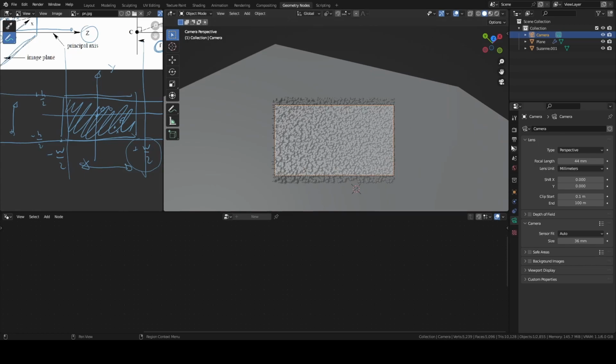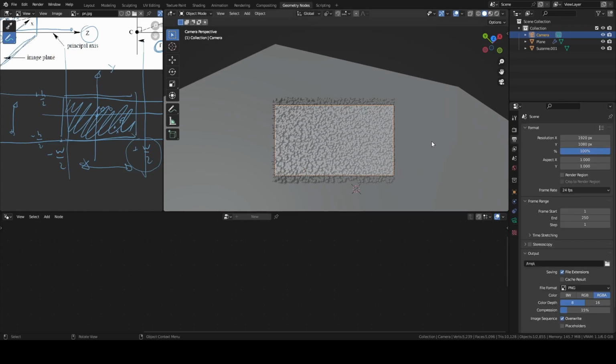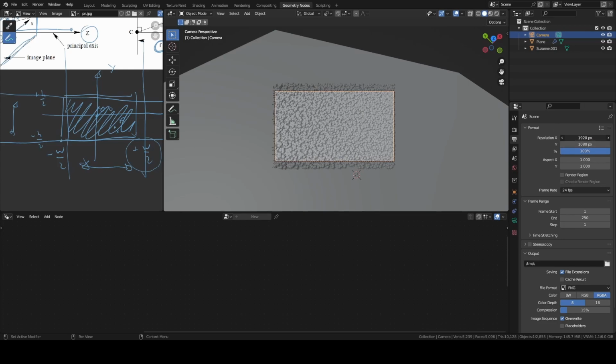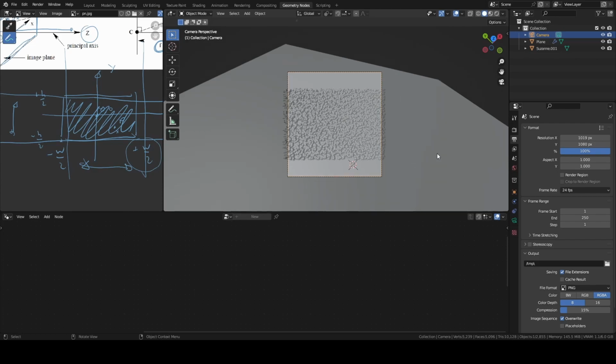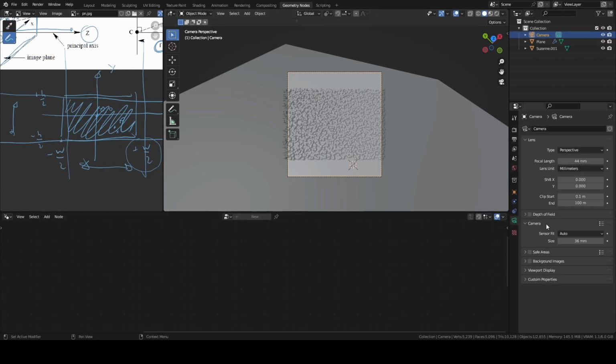My problem is that if I change the image resolution, this could happen. That the image area goes outside the zone where we have created our objects. The easiest way to fix this, first of all, is to check that this sensor fit option is set to auto, which is the default anyway.